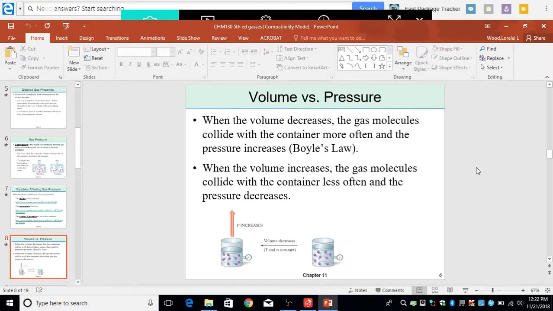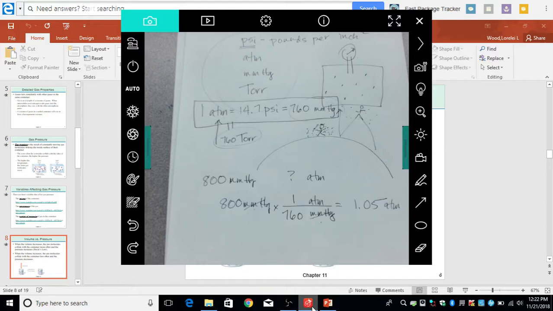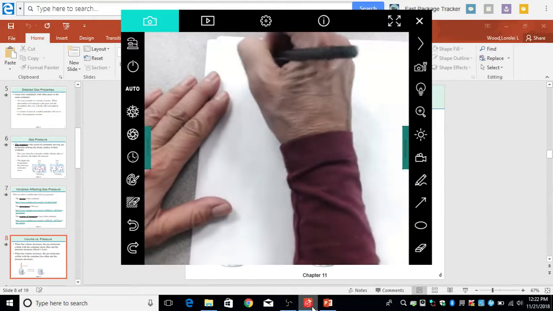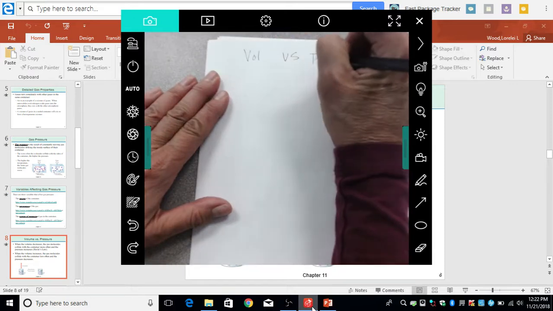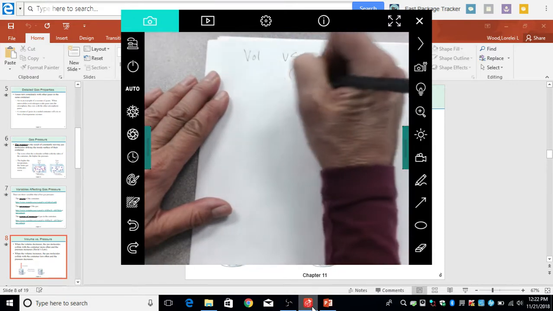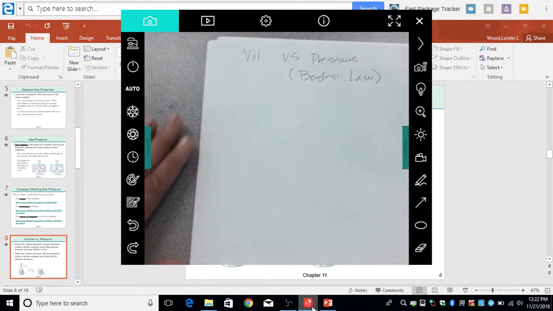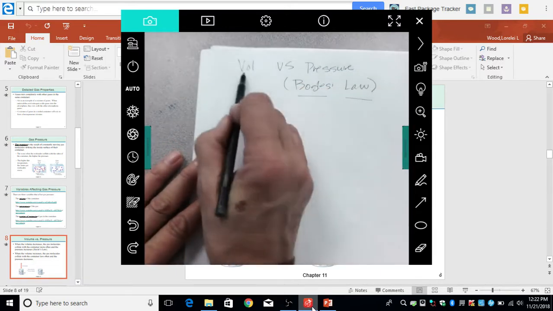Let's think about just our own volume versus pressure. Now they have a different kind of container, a container where you can increase or decrease the size of the container. So let's go back and talk about that issue, volume versus pressure. This is what we call Boyle's law. You need to know whose law deals with which variables for the exam as well as for the quiz that you're going to take next week. So Boyle's law has to do with volume versus pressure.